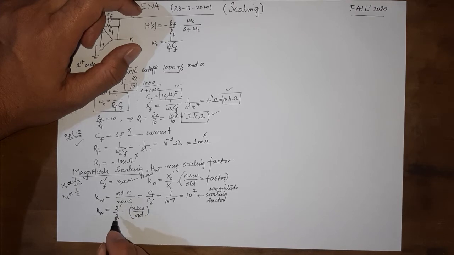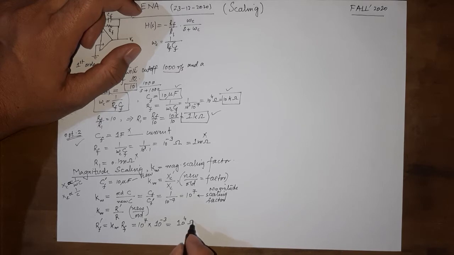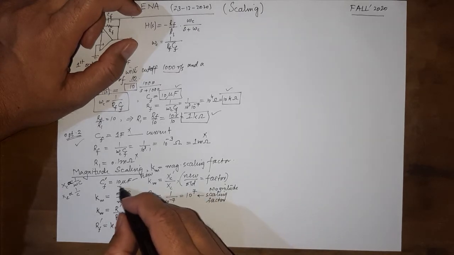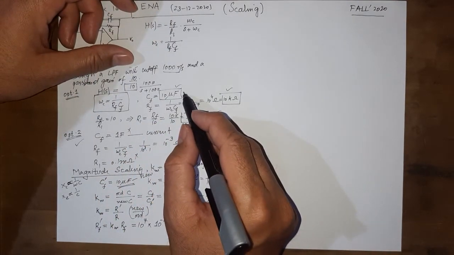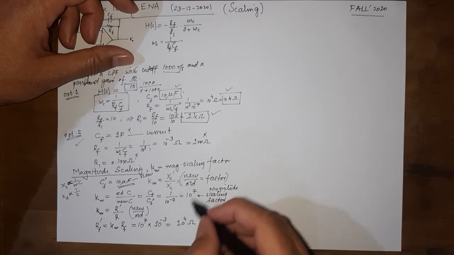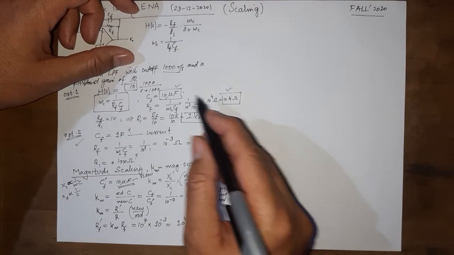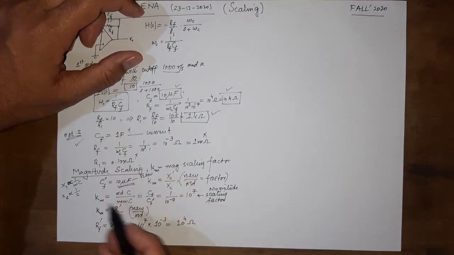So we already have this R equal to 1 milli. So the new Rf dash would come out to be Km into Rf, the old one. So this is 10 raised to the power 7 into 1 milli, 10 raised to the power minus 3, which is 10 raised to the power 4 ohm. Since this value exactly matches the value that we took earlier on, you see, by scaling we have reached the exact same value that we had in option 1, but we started with option 2 and used scaling.